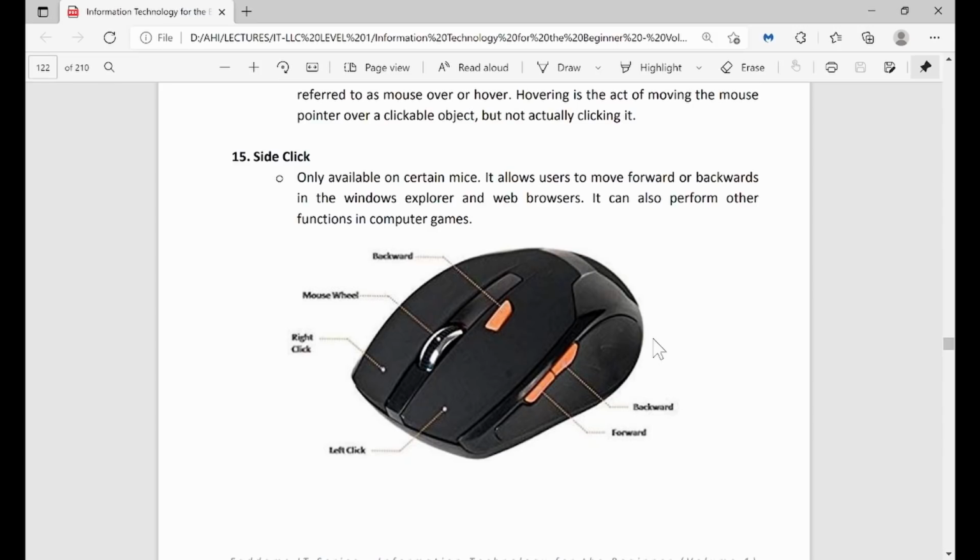So this brings us to the 15 functions of the computer mouse, and I want to thank you all for